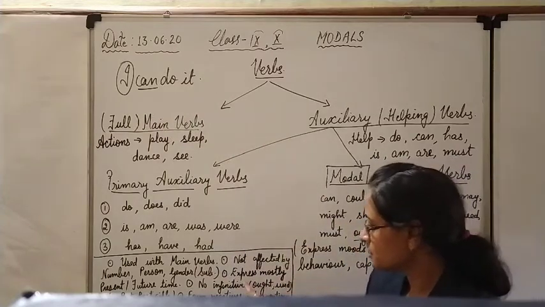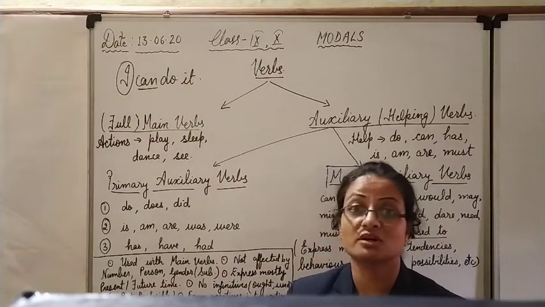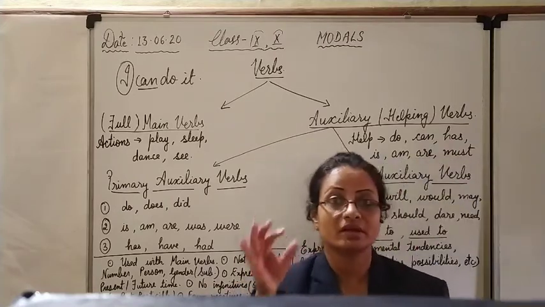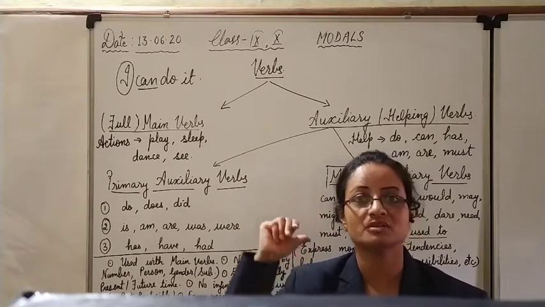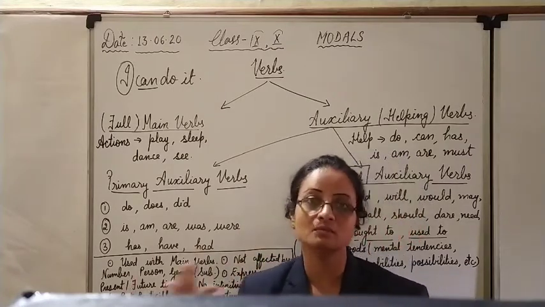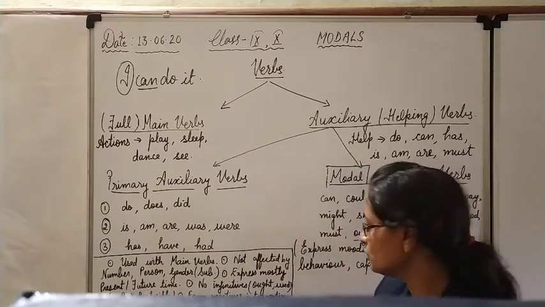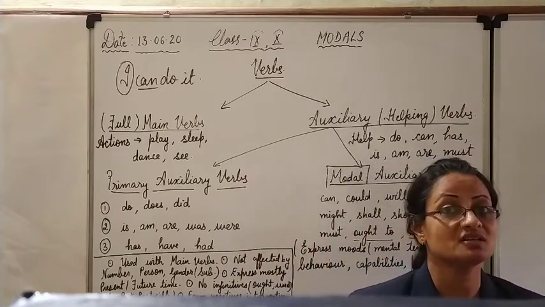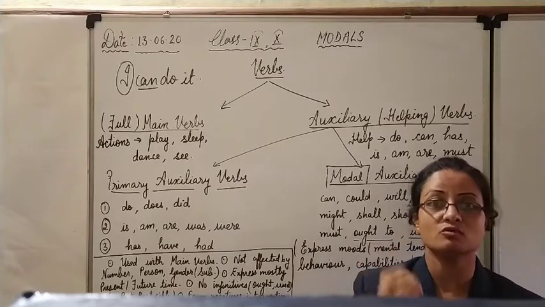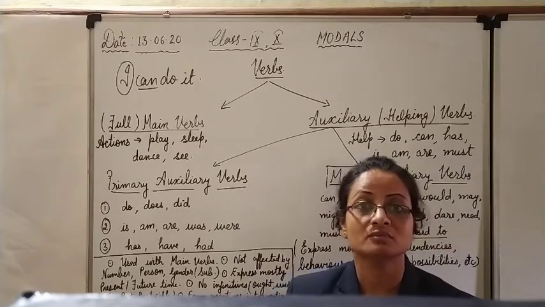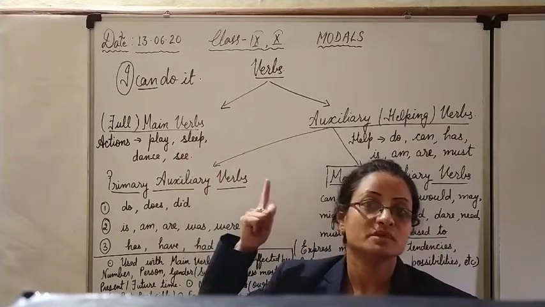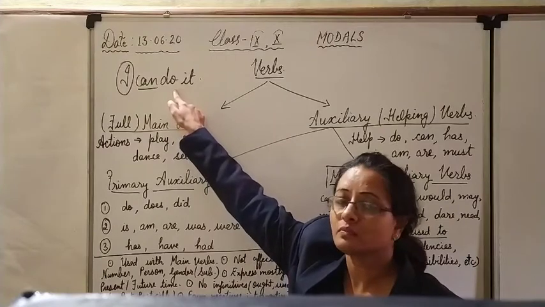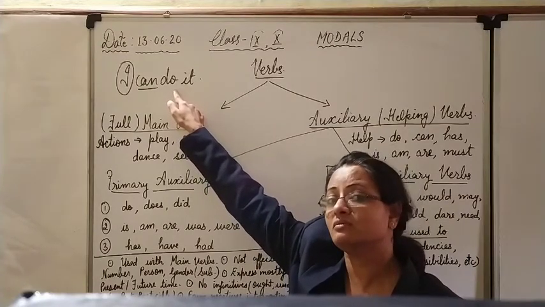Clear? Third thing: they express mostly the present or the future time. Mostly they are used to express either the present or the future time. Rarely, hardly 2-3%, 5%, they are used to express the past. Clear? Now they do not have any infinitive mood or past participle. Past participle means the third form of the verb. They do not have the third form. Can will always be used as it is in its original form, and the main verb will never be in the past participle form or the infinitive mood.